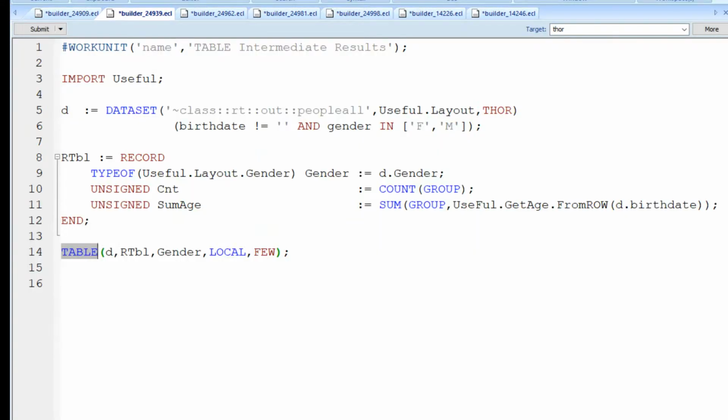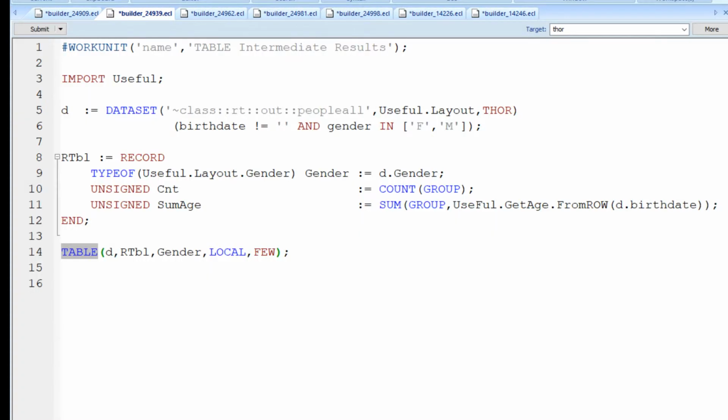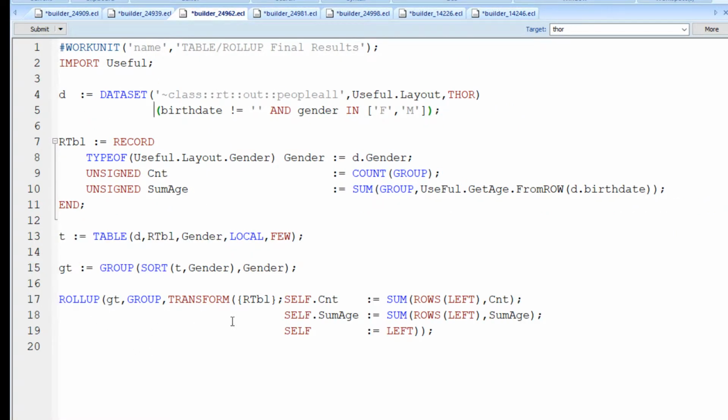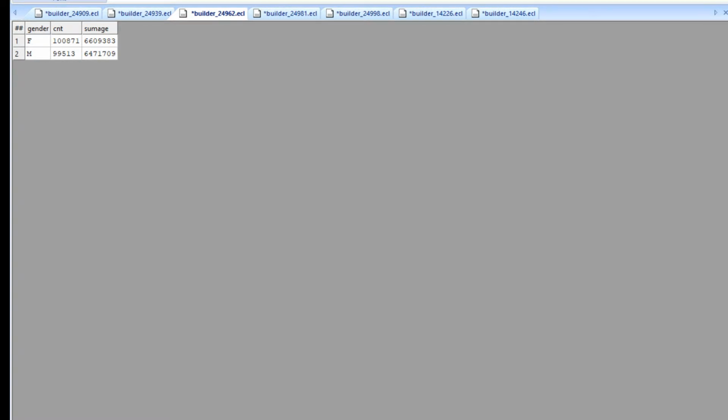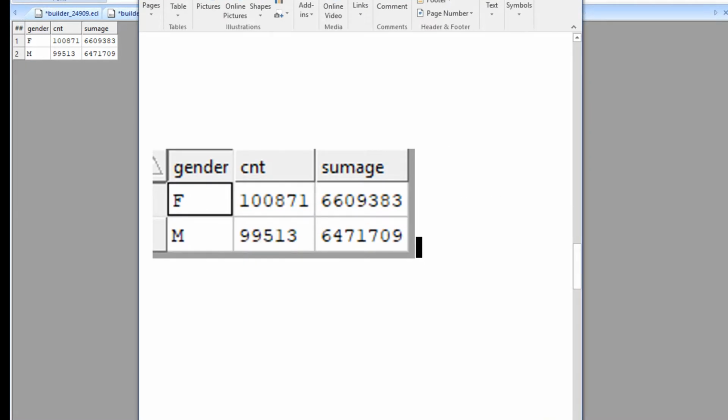So the heavy lifting's been done by this phase, but obviously we've a further phase to go, which is to amalgamate this information into a final result. So to do that, all we need to do is to group, roll up. I've done it by grouping, I've grouped by gender, and then just done the final aggregation with this roll up group command here. And again, you can see that the results are absolutely identical to, if I bring that up there, you might be able to see